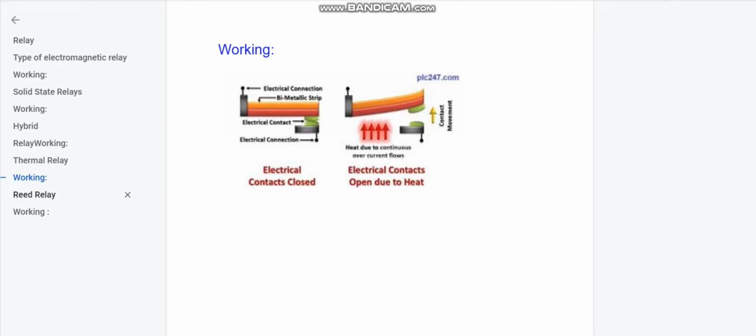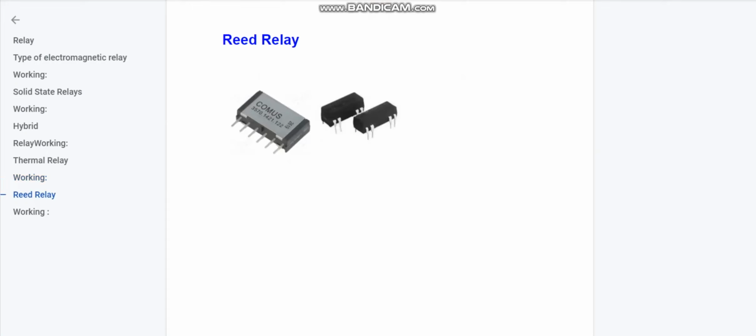Now, the last one is the reed relay. A reed relay consists of a set of magnetic strips enclosed within a glass tube. This reed operates as both an armature and a contact plate. The magnetic field applied to the coil is folded around this tube, which makes these reeds move to perform the switching work.